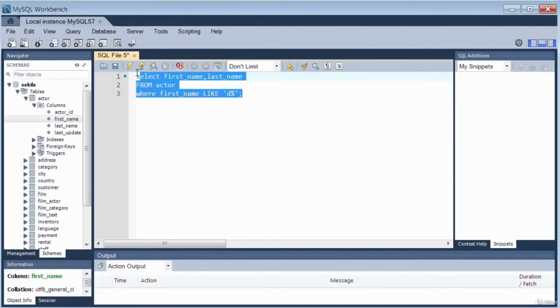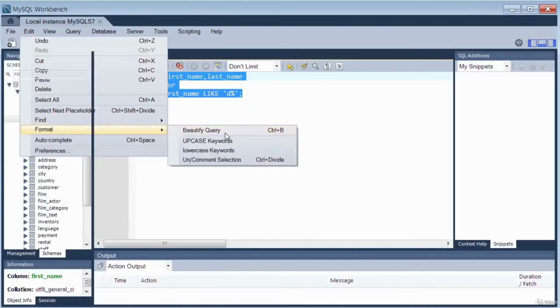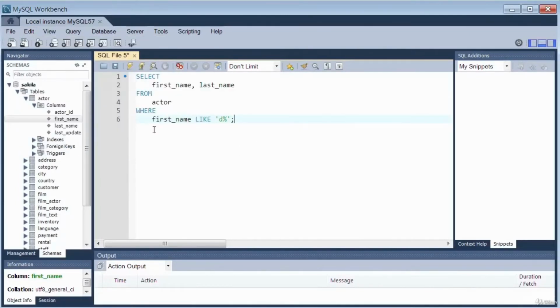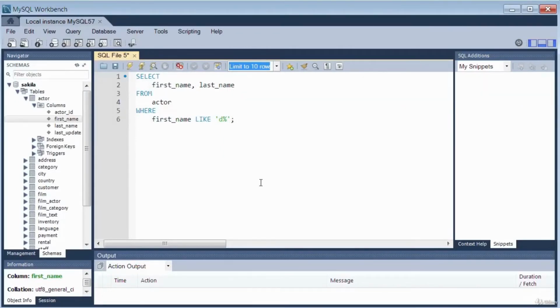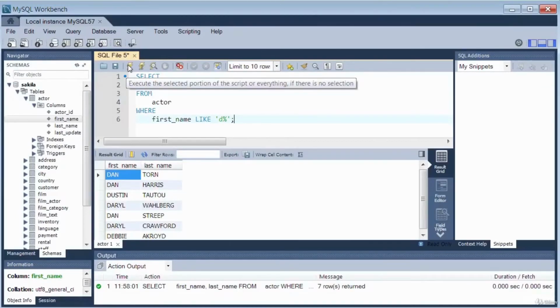So let's try and beautify this query. We highlight, go edit, format, beautify. So the like operator will search using this percent wildcard for any character that begins with a D. So it will search for all the first names that begin with a D. Let's execute that using this. Let's limit it to just 10 rows by clicking on this. So it will only return 10 rows. So execute. As you can see,